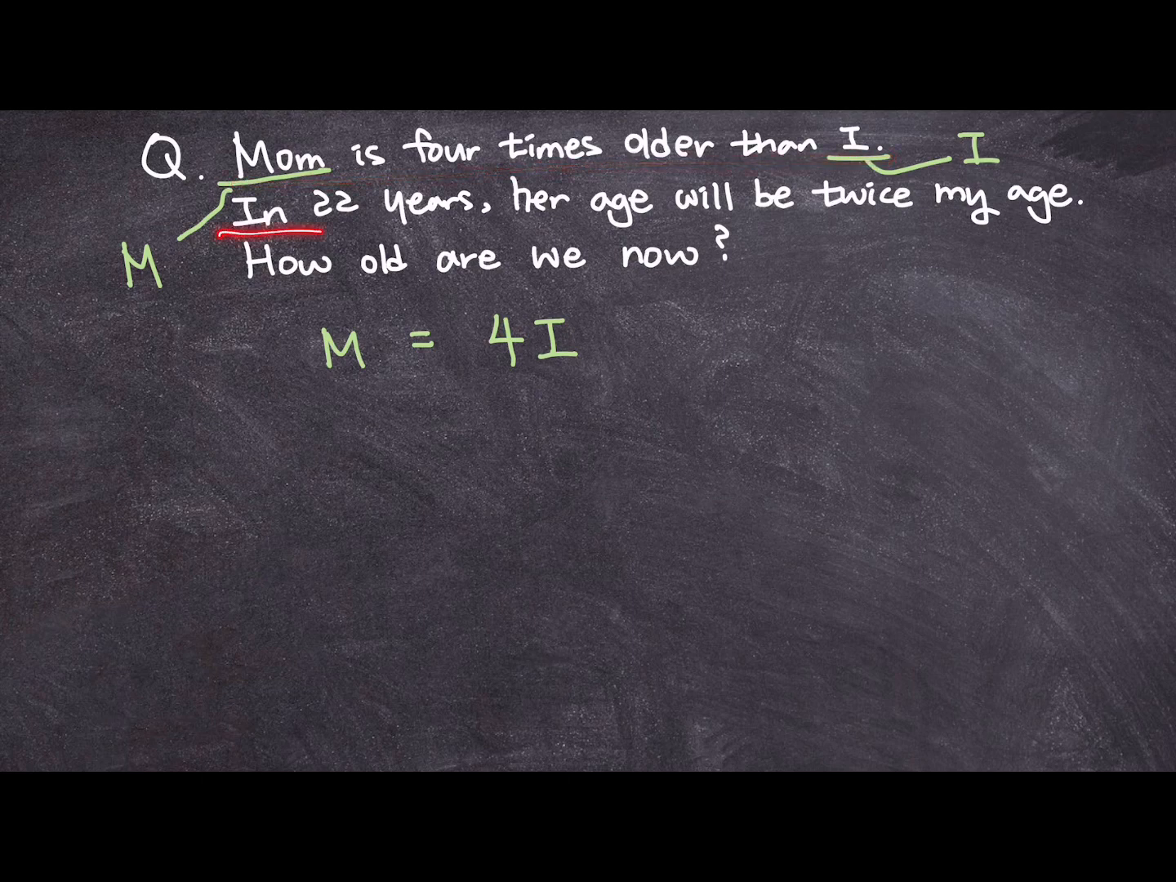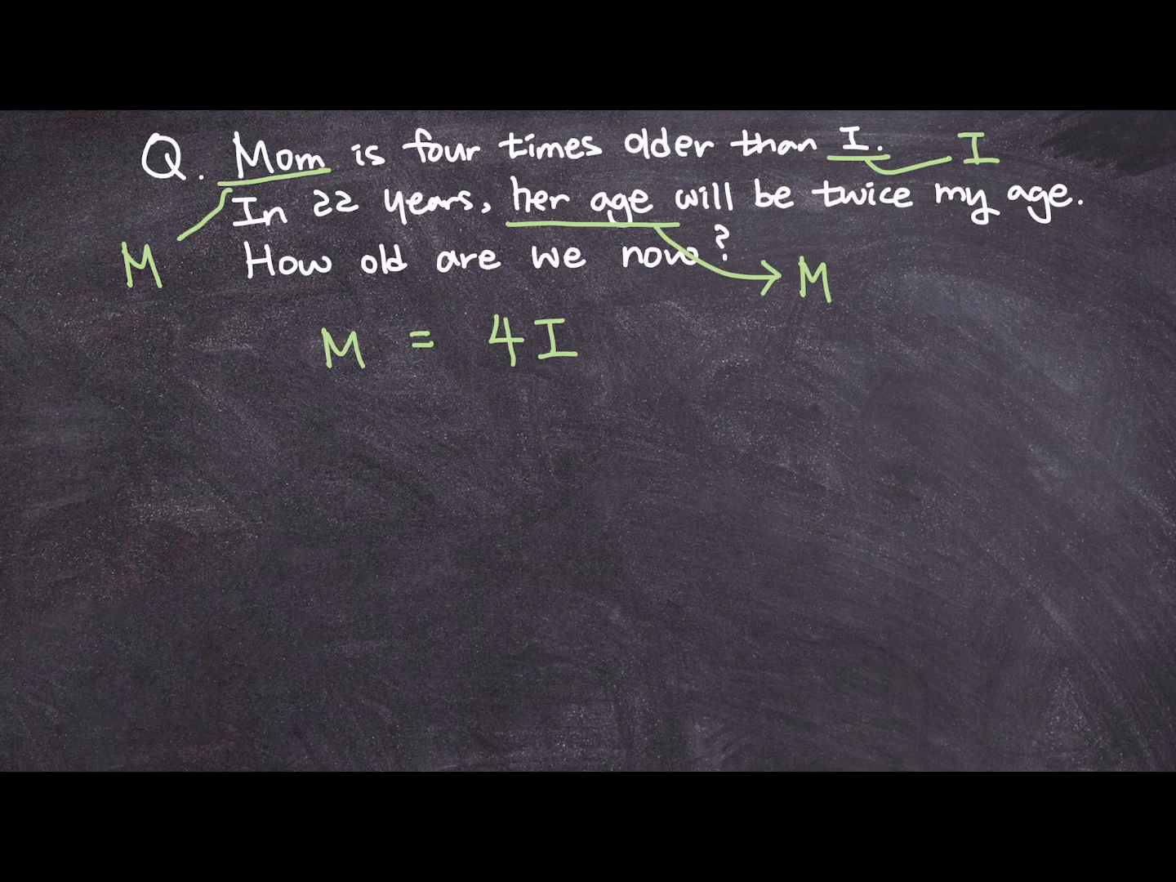So let's move on to the second sentence right here and set up another equation from it. In 22 years, mom's age will be twice my age. So in 22 years, her age will be what? It's not going to stay as M, right? You age, and when you age, your age increases. It's pretty much self-explanatory. So in 22 years, mom's age will equal